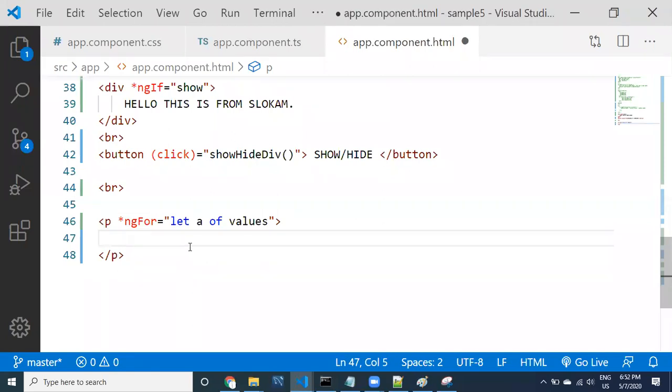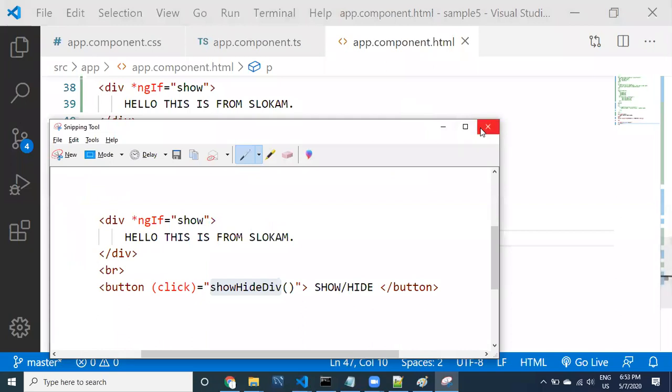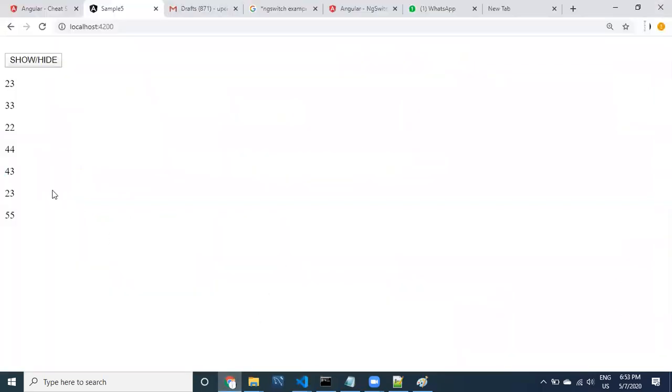When I take ngFor, let a of values, here if you display a, every value is going to display. Let us go here, guys. Output. See here, all values are getting displayed.